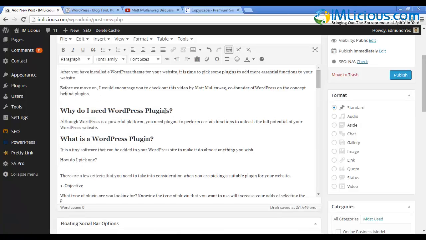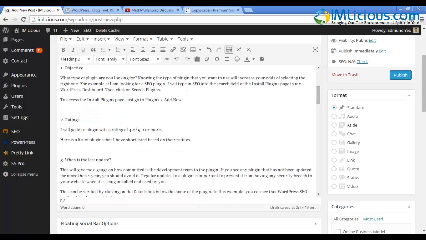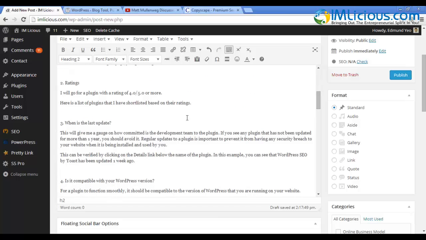By changing these subheadings to heading 2, it will inform Google that your article is about WordPress plugins. So for all the subheadings, you want to ensure that at least one of them contains the main keyword. So in this case it's WordPress plugins. So I'll just change all the subheadings to heading 2. So this will allow the reader to read your article easily as well by referring to the respective section that